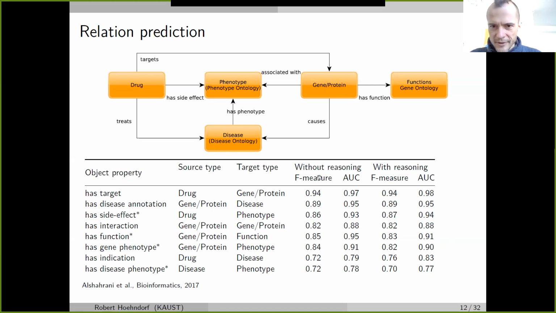You can see here in this evaluation table, we do this without reasoning, so without computing this deductive closure, and with computing this deductive closure. My hope was that exploiting the semantics of the language and applying this deductive closure would actually improve the performance because you would have access to more information. When you look at these results, there's almost no difference. Sometimes it's a little bit better, sometimes it's a little bit worse. So this clearly does not help.